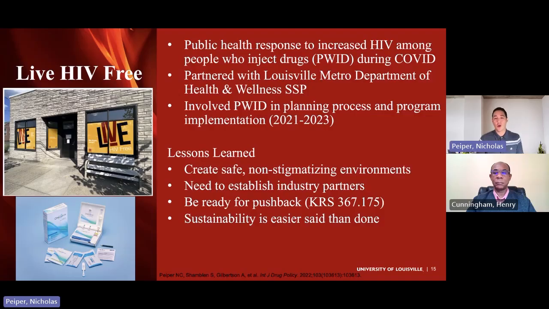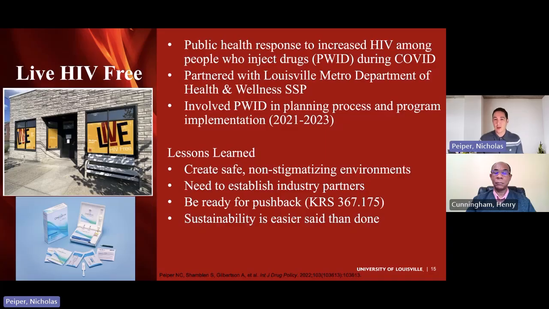So some of the lessons learned, and a lot of these lessons we were able to learn by having listening sessions with the population. So as I previously mentioned in Jigsaw, just avoiding that tendency to do things in a top-down fashion and saying, okay, well, there are these HIV self-testing kits. We can just distribute these and people will use them and we'll be able to really increase testing as services come back online during the pandemic. It was more of a bottom-up approach.